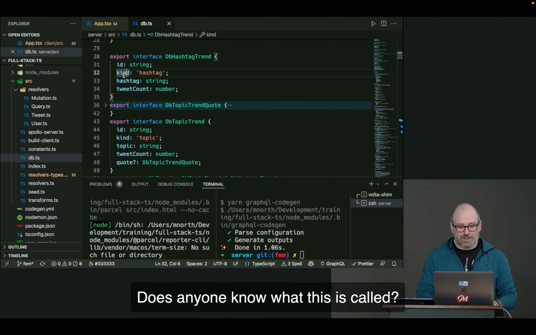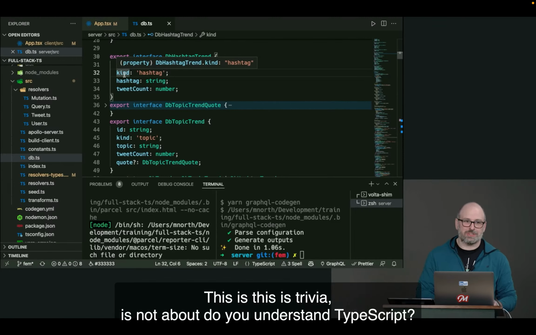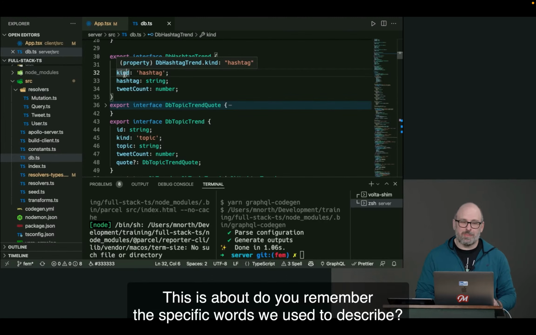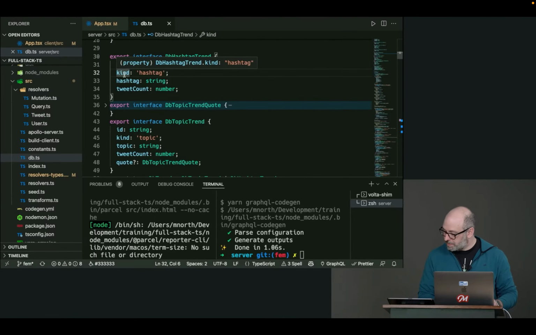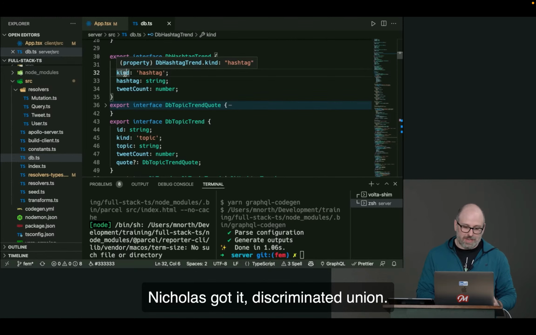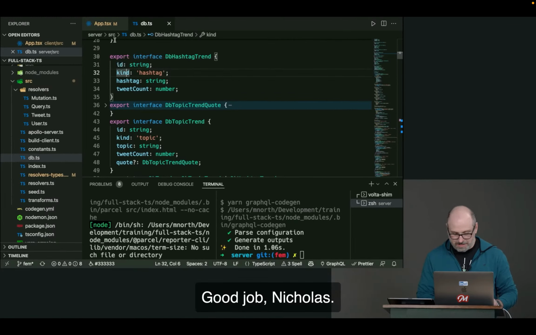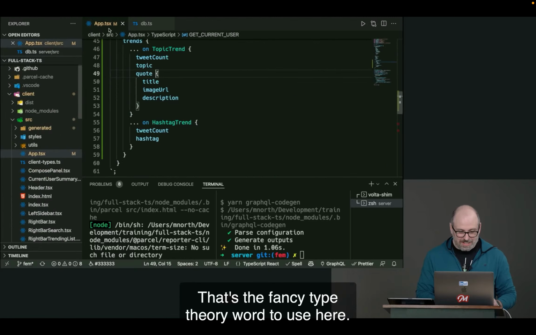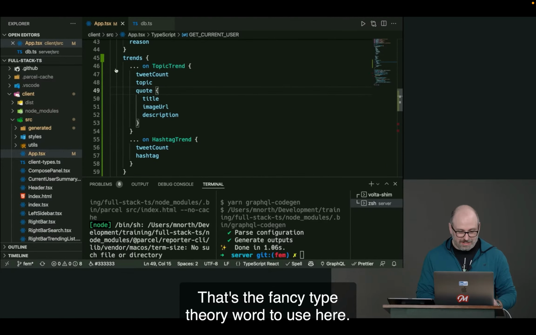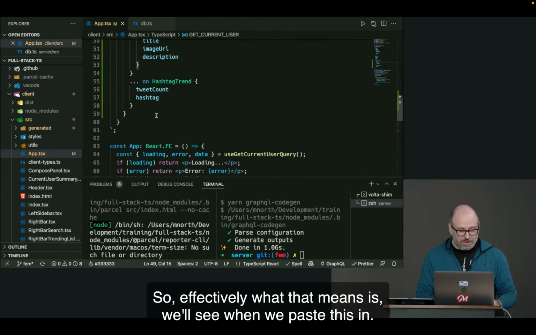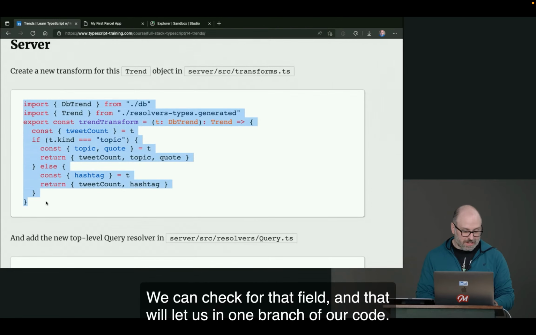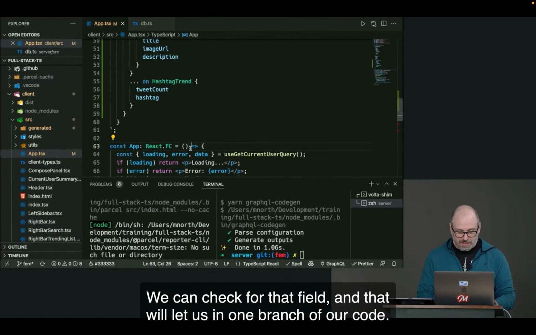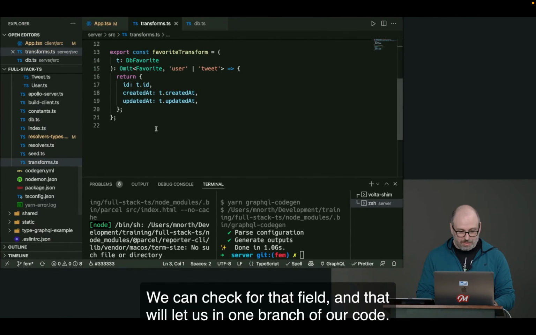Does anyone know what this is called? This is trivia. This is not about do you understand TypeScript. This is about do you remember the specific words we use to describe checking for this and narrowing types based on this. Nicholas got it. Discriminated union. Good job, Nicholas. That's the fancy type theory word to use here. So effectively what that means is, we'll see when we paste this in, we can check for that field, and that will let us, in one branch of our code,